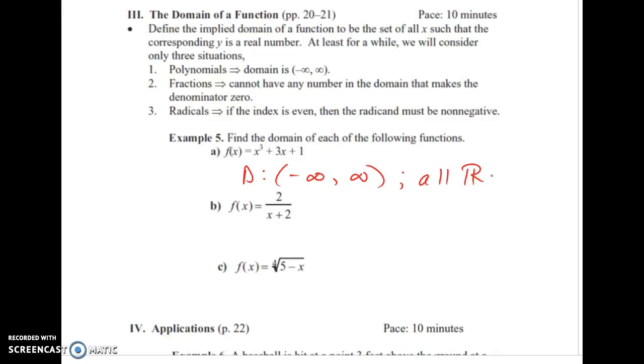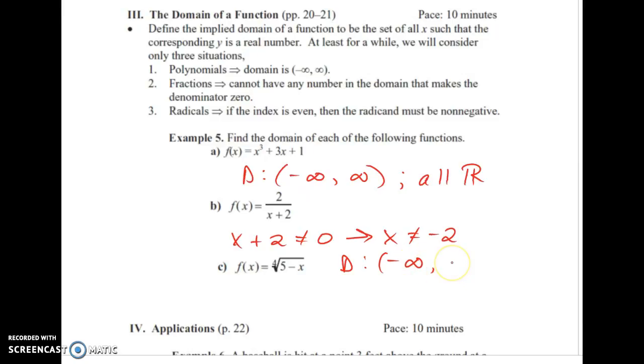So, part B, f of x equals 2 all over x plus 2. This particular function happens to have a denominator that we can identify with, particularly where we go back to the second of 3 situations from above. With fractions, we cannot have any number in the domain that makes the denominator 0. So if we were to say x plus 2 can't equal 0, solving for x, then subtract 2, so x cannot equal negative 2. So when we write our domain for this particular function, we identify it as domain